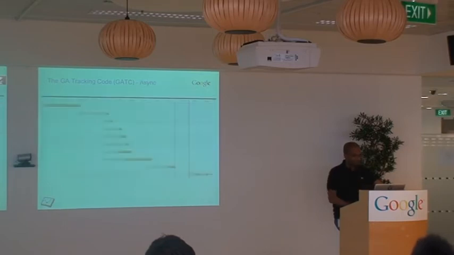So with the asynchronous tracking code, what actually happens is that the code is loaded asynchronously, so it's loaded in parallel with the rest of the page loading as well. Here in this example, we see that the load event is triggered, but at the same time the Google Analytics code is still loading in the background. So it means it's a few milliseconds sooner before your users get to interact with your site or your page, which is great because they start using your application sooner rather than later, and they don't get frustrated with slow load times.